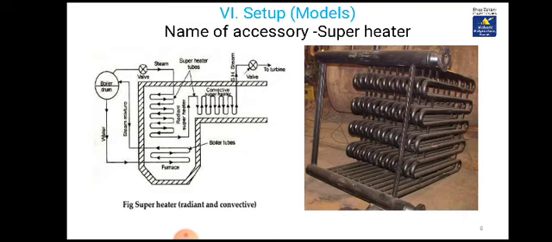This steam is then passed through the steam stop valve to the turbine. Here we can see the water is heated in the furnace and again it is given to the steam boiler drum. Now the flue gases which are produced in the furnace are used for heating the produced steam in the superheater.